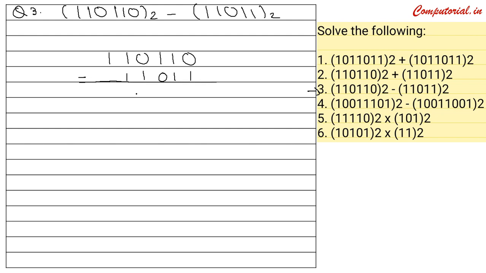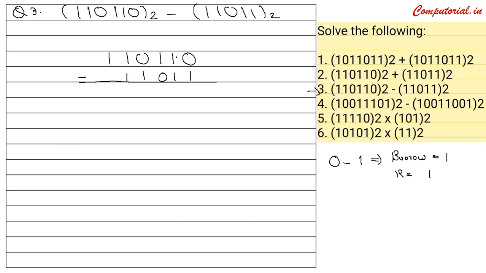Now when you will subtract the digits, first it is 0 minus 1. Fine. So keep this in your mind whenever you are subtracting. Whenever you are subtracting 1 from 0, you have to take a borrow first. In this case you have to take a borrow of 1 first and then your result will be 1.